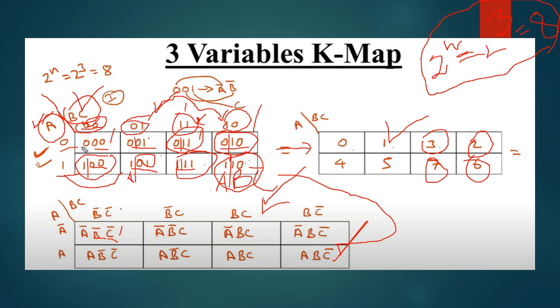So I have shown you how you can write or draw a 3-variable Karnaugh map using the variables and their complements. I have shown 2 values, so I firmly believe you will be able to write down the rest of the values. I have already given you the values, so you try to verify whether I have written it correctly or not. This is your task, and I will give this as your homework. You try to remember this one, understand this one, and figure it out.